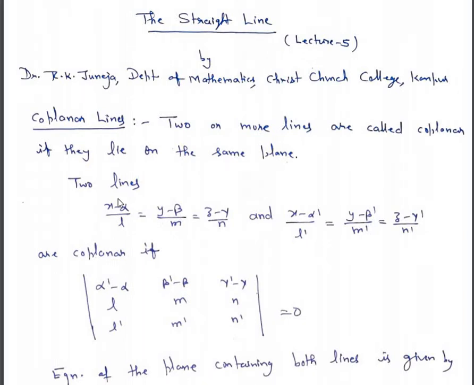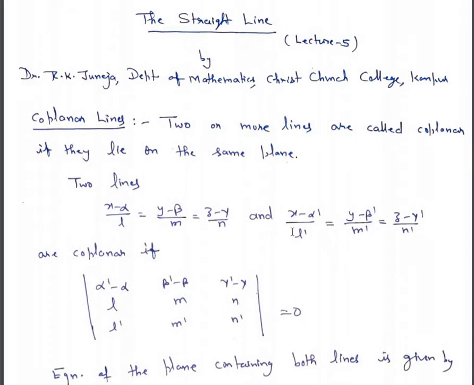So, the condition for two lines (x minus alpha)/L = (y minus beta)/M = (z minus gamma)/N, and (x minus alpha dash)/L dash = (y minus beta dash)/M dash = (z minus gamma dash)/N dash to be coplanar is that the determinant of alpha dash minus alpha, beta dash minus beta, gamma dash minus gamma, L M N, L dash M dash N dash is equal to 0. So that means if this condition is satisfied, then these two lines are coplanar, meaning these two lines lie in